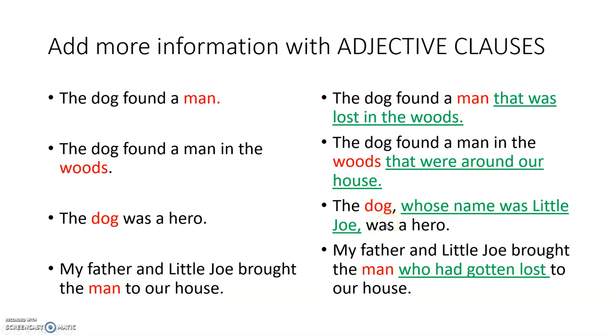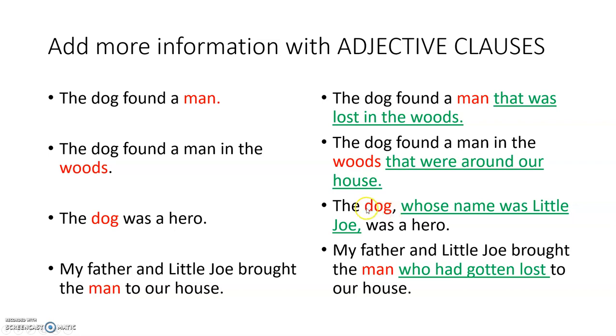Okay, the third one uses this pronoun whose. Your book has a section on whose. Let's not go crazy worrying about it right now. It also has these commas. So this sentence is a little bit different. You'll learn more about this later. But for now, I just wanted to